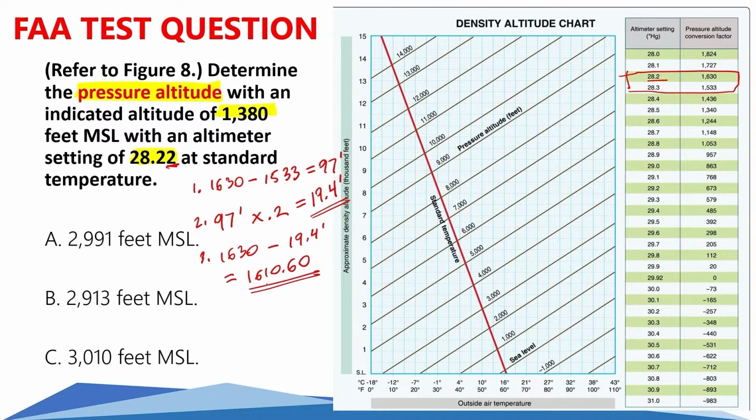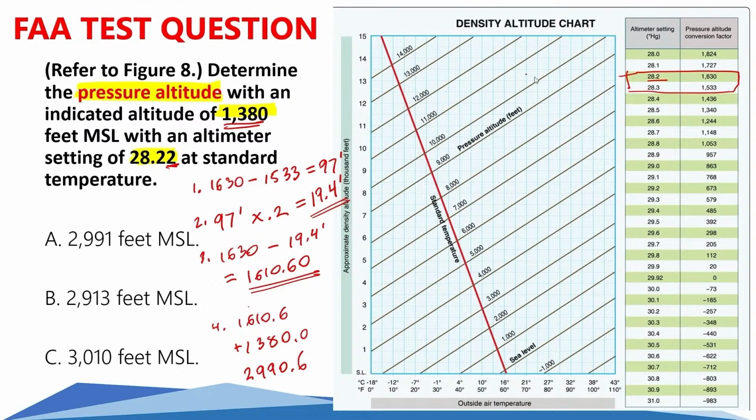So what I'm going to do is take this value and add it to 1380. Okay, so step number 4 is 1610.6. I'm going to add that to 1380.0 and do some quick math here. 2990.6. Okay. So when we're looking at this, now what we have to do is figure out what is the closest potential answer to